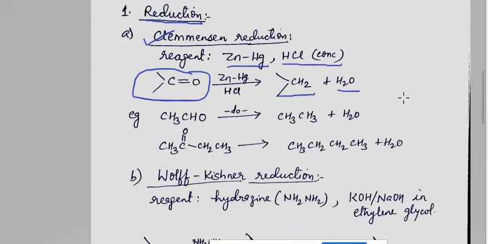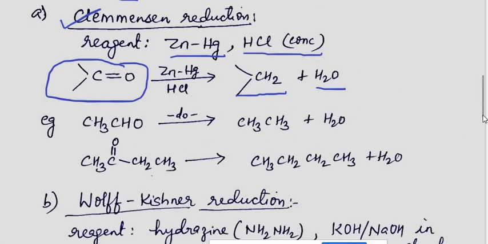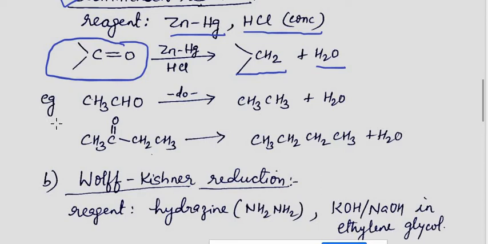I have taken two examples over here. Just see the two examples. In the first case, I have written the reaction for an aldehyde. We have ethanal here. When we use this reagent combination, ethanal is getting converted to an alkane. What you have to keep in mind is that the alkane formed will have the same number of carbon atoms as in the reactant. If you have two carbon atoms over here, the first one and the second one, then in the product also, an alkane of two carbon atoms should be formed.